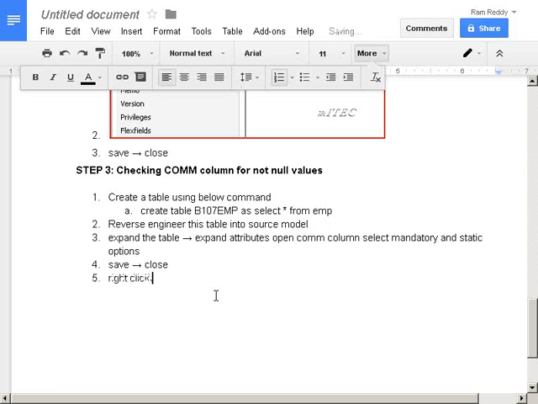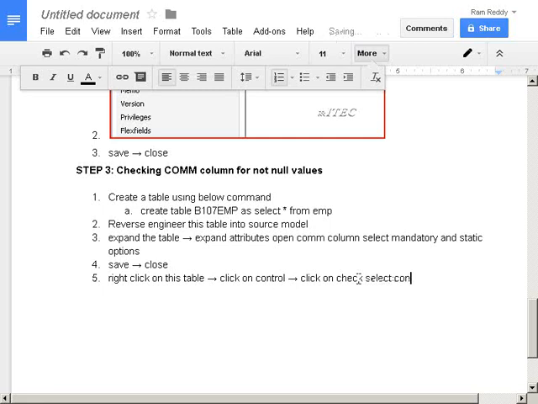Right click on this table. Click on control, then click on check.